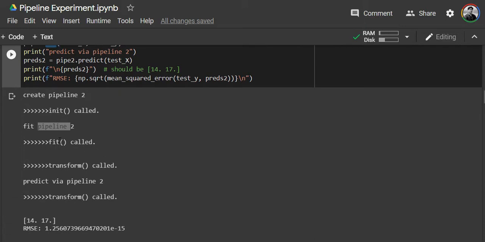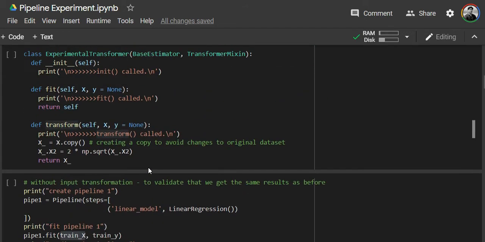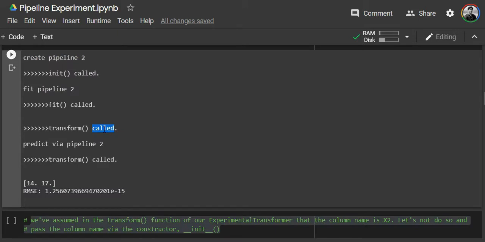Now the important thing here is whenever fit is called, both fit and transform functions inside your class transformers are called. So this is called as well as this is called. This is in line with how all models work. When you try to fit on a training data set with a given target variable, fit and transform are internally called. So this is what is happening here as well.